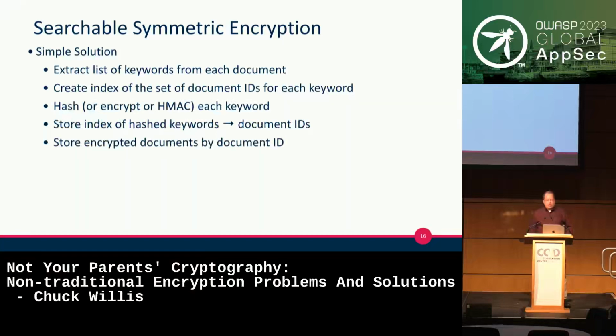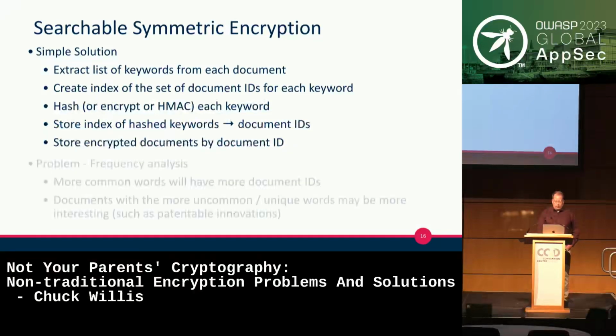So the keywords are going to be deterministically encrypted in this case because they need to be able to match up, but the documents don't necessarily need to be. So you can have variable keys on that. It's really separating out the encryption of the bulk data, like the entire document, from the keywords that are used for querying and searching. Again, the client is the only one that has the keys to any of this, so the database server is basically just storing all this data in an encrypted form.